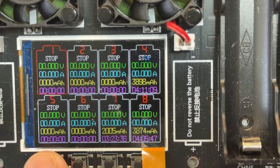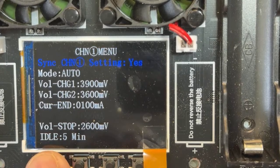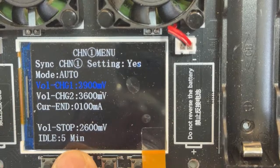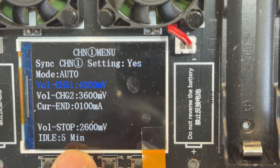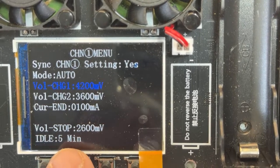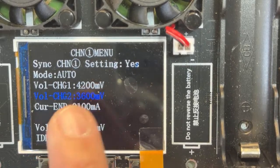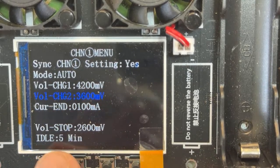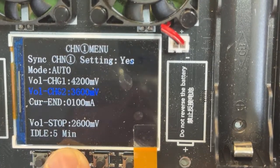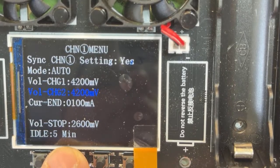See, it went off the display. Let's go back there. So we can select how much is gonna be the top charging. Normally we charge all the way to 4.2 volts, or 4,200 millivolts, which is the same. Then the second time that it charges, after discharge, we can tell it, okay, then go back to storage mode, which is 3.5, 3.6, 3.7, whatever voltage. You can put it back